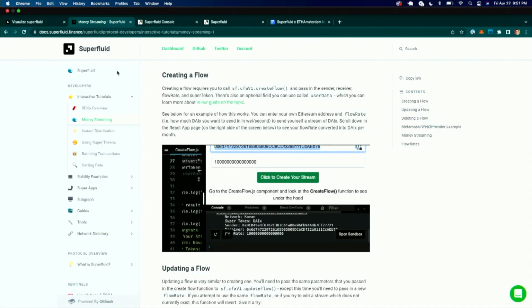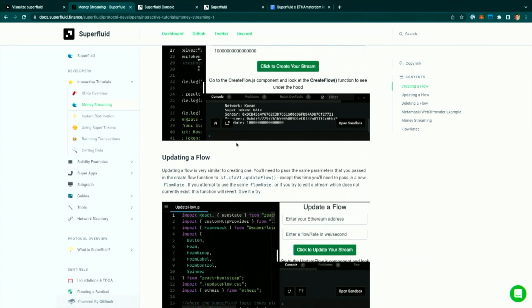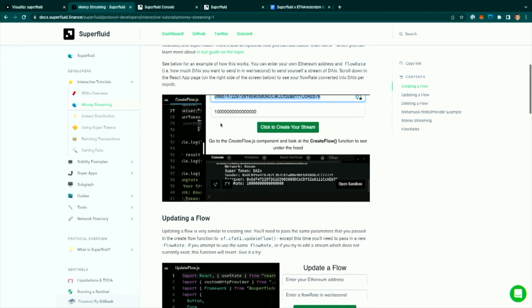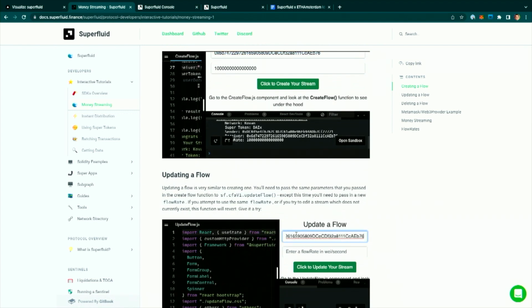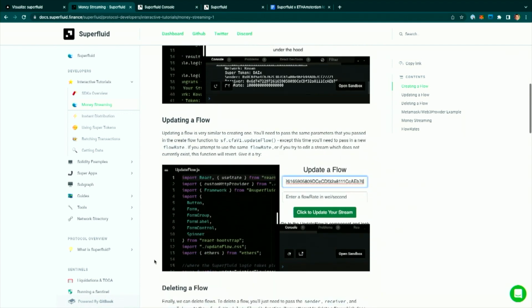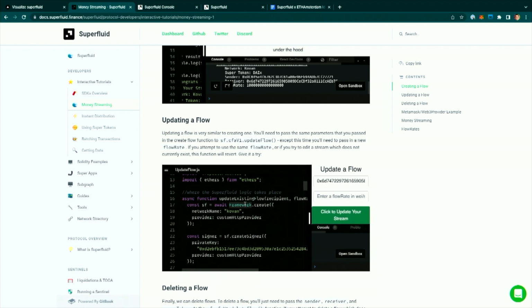Same thing with updating. Updating is also really, really easy, right? We just change one line. So if I want to update this stream, I will copy this address here, go down to the update, paste that in, and then you can see here, if I scroll down, same exact pattern. What we're doing with the Superfluid SDK is initializing our framework using this simple line up top.